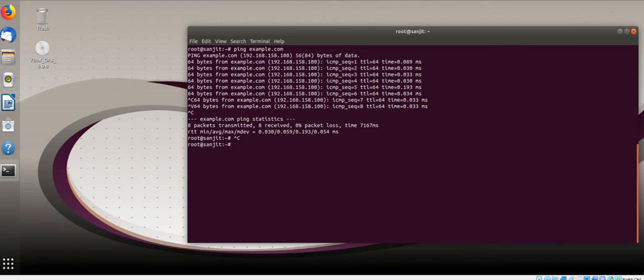Now in order to connect from Windows, you need to download one software called PuTTY. I will show you how to download PuTTY in the next class. Till now the configuration has been done, and I will show you how to connect this. You just need to remember this IP address in order to connect. So meet you in the next class.